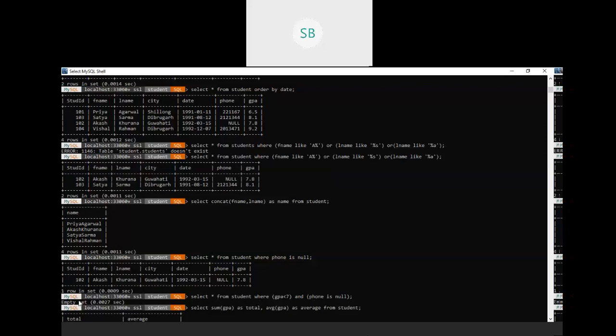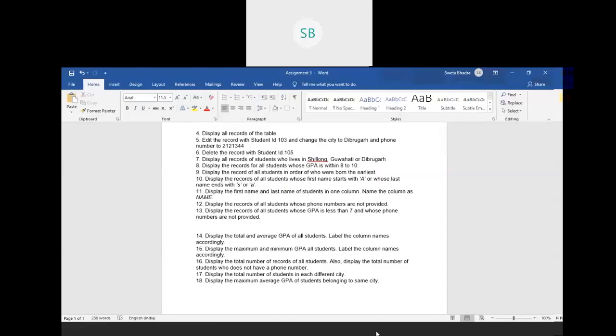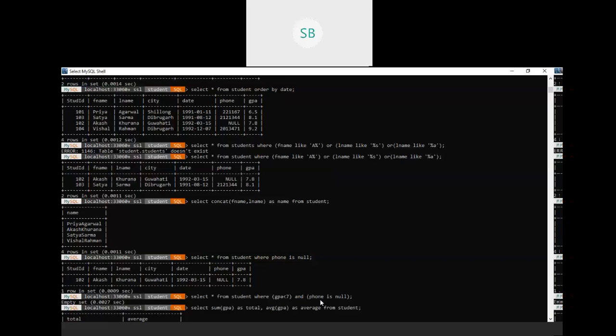Now it is printing an empty set. Why is it an empty set? It is not wrong. In the AND operator, both conditions should match, then only it will print the result. In OR, if any one condition is true, then it will print the result. AND is like multiplication: GPA should be less than 7 and phone number is null. In that case, it will print the student.